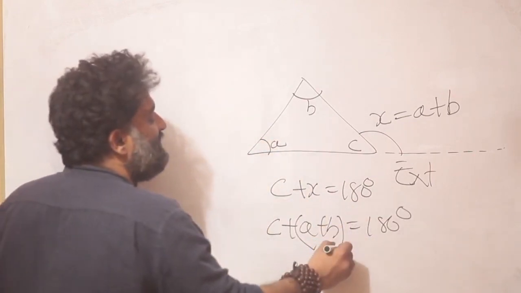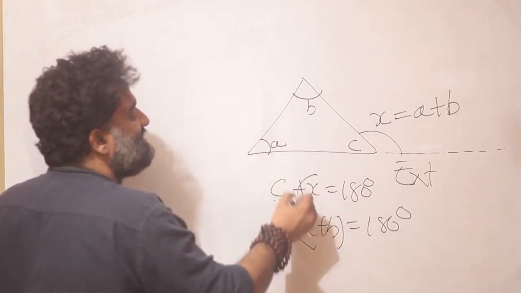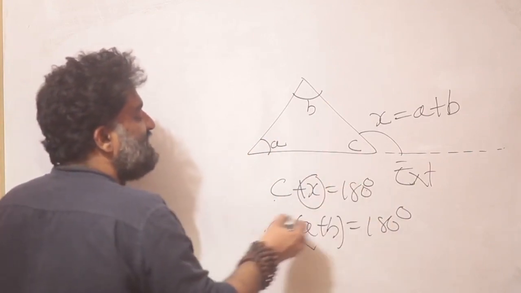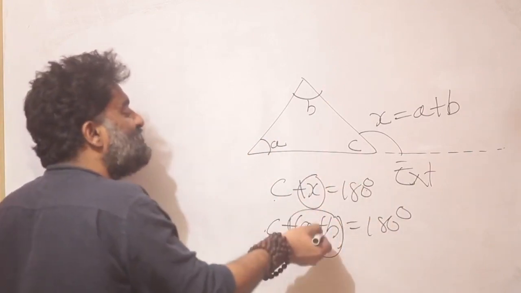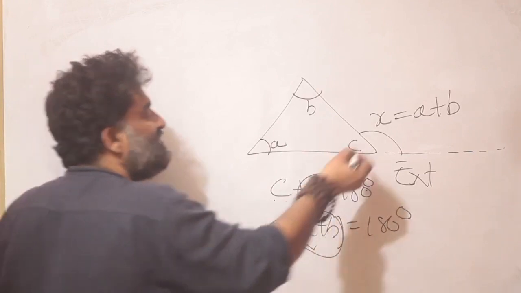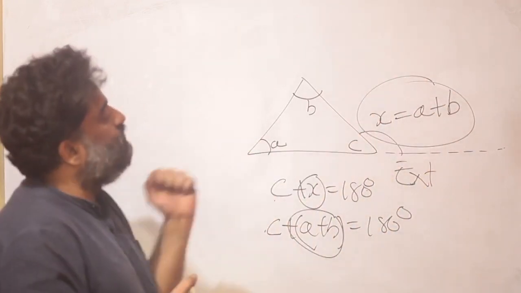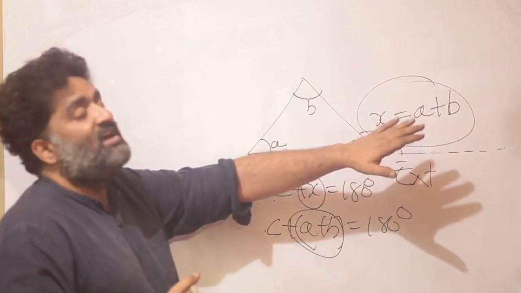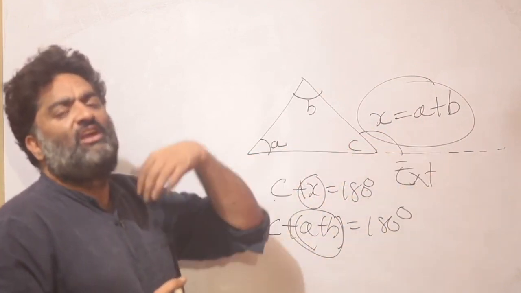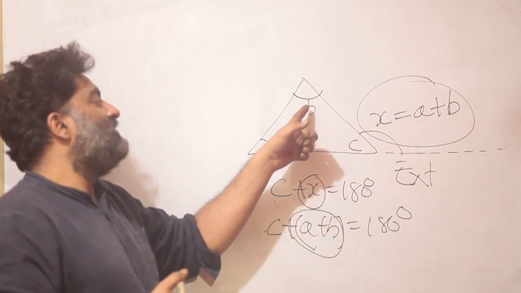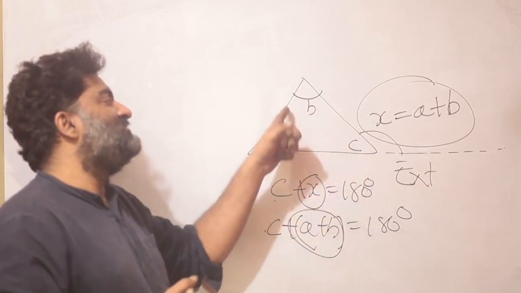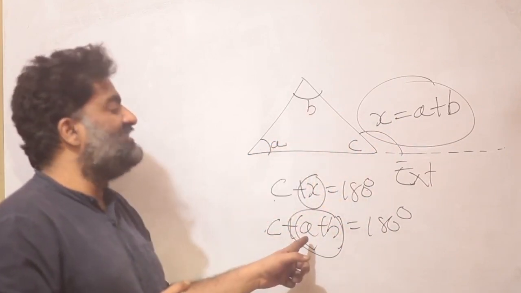Forget about solving the equation for a minute. C plus something gives you 180. C plus something gives you 180. These two somethings must be equal to each other. And that is my result in this particular story. So once again, another important result that we'll be using a lot in our problem solving. Obviously, we saw that the sum of all the angles was 180 degrees. We are using that in this story.